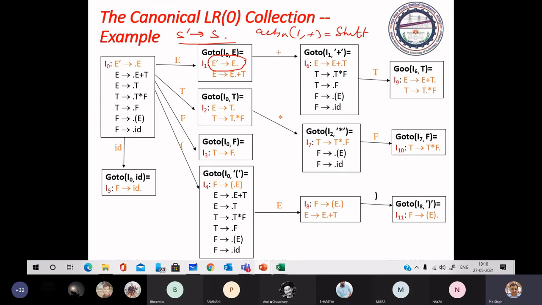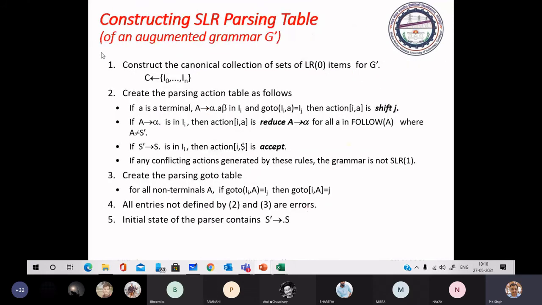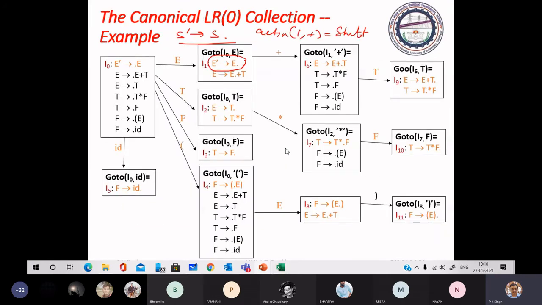You just see, look into the rule S. Just see this S dash to S dot in I1, then on dollar is accept. So you have to make entry, this entry action 1 dollar is accept.